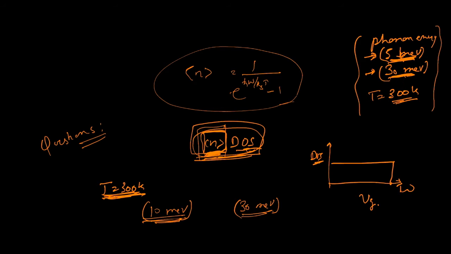Sir, in general, we can say that at this given temperature, the number of phonons of lower energy, like 10 MeV, will be greater than that of 30 MeV. Right. Occupied level, yeah. The occupation factor, yeah. So were you able to find out the factor at 300 Kelvin?